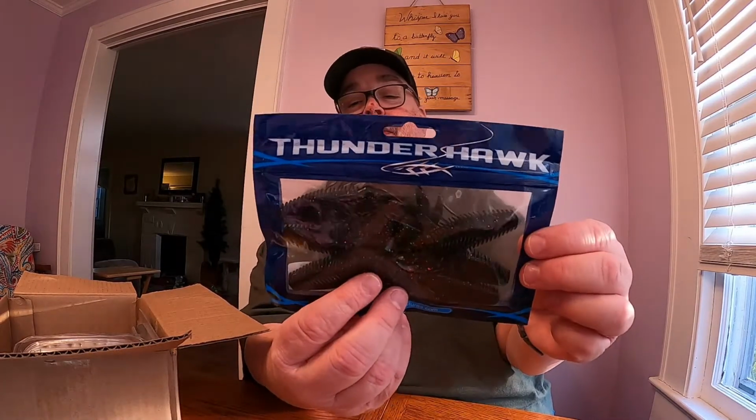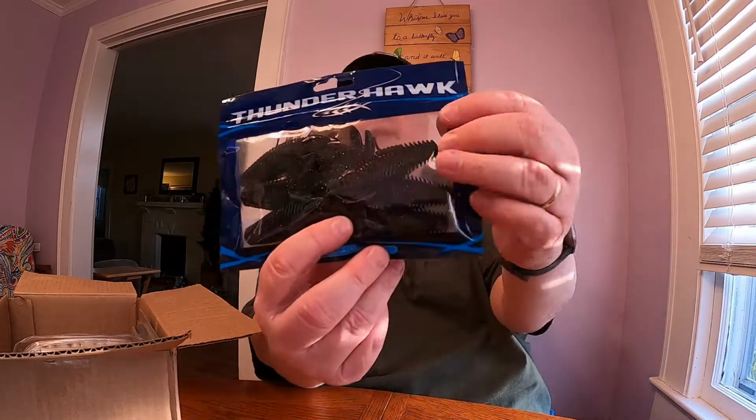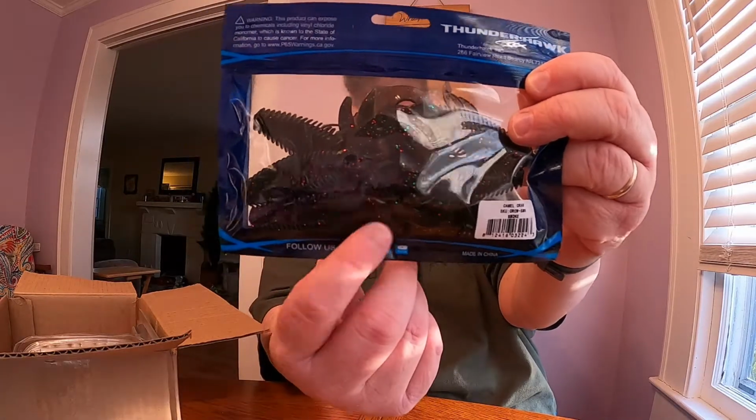Next thing we have in the box here is the Thunderhawks. These came in the Monster Bass box this month. This is in the smoke color, they call it, but it really looks more like a black and blue with a little bit of red flake in it. So again, the Thunderhawks. I haven't tried these yet, but again, nice bait that you could probably put out there as either a standalone on a Texas rig or throw it on as a trailer on the end of